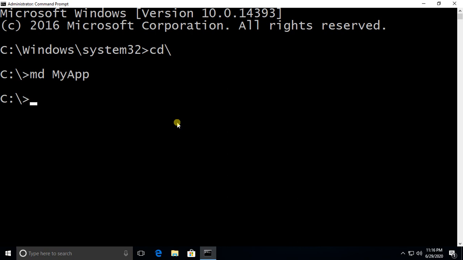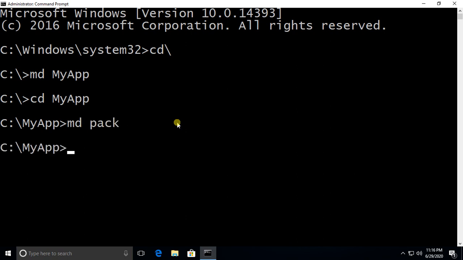MD means make directory. Directory nothing but folder. CD my app. CD nothing but change directory. It is entered into my app folder. Here package equivalent to folder. So MD pack, CD pack.